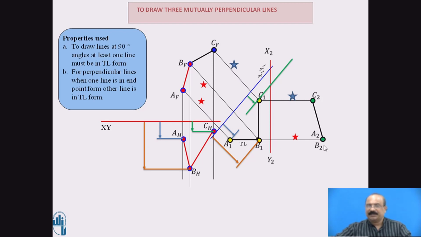Now the important thing in this particular position is you are expected to draw one more 90-degree line here. The distance of CB is a true length. This particular true length is going to be given in the problem. That dimension you are expected to take from here. Then you draw once again a parallel line.